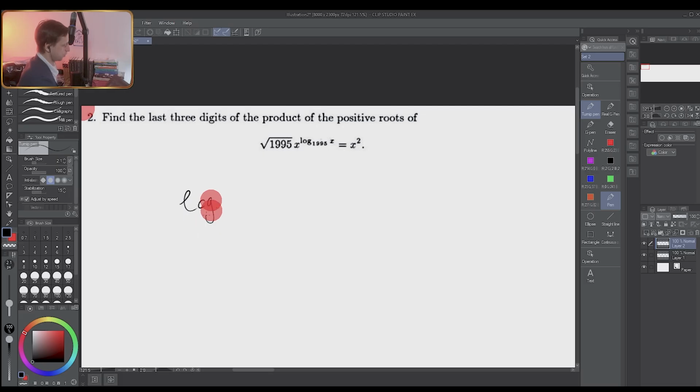If you have log base a of b, how to get rid of this log? You should make a substitution. So instead of b, you get a to the power of n. So for the b, you should adjust some number n such that this one will work. And in this case, this logarithm turns into n, which is simply n. It is the main idea. Of course, we can go into more detail when it's possible, but in this case, how to get rid of this one? So log